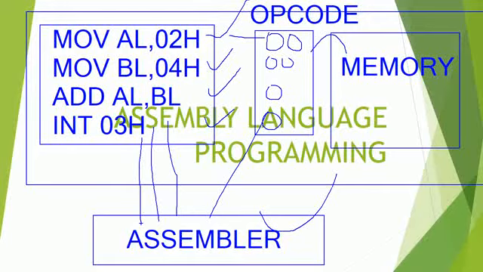We write the program in assembly level language and give that information to the assembler, so that the assembler executes your program, which is saved inside the memory, by converting it into the opcode format. It is done automatically. The conversion of the mnemonic into the opcode format is done by the assembler. So that is the beauty of the assembler.